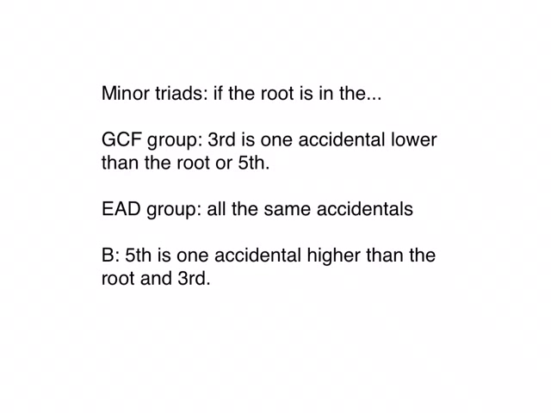In minor triads, in the GCF group, it's a minor triad if the third of the chord is one accidental lower than the root or fifth. In the EAD group, it's minor if they're all the same accidentals. And in the B group, only the fifth is one accidental higher than the root and the third. In other words, we're lowering the third from the major triads to get to the minor triads. But to show you what this looks like,